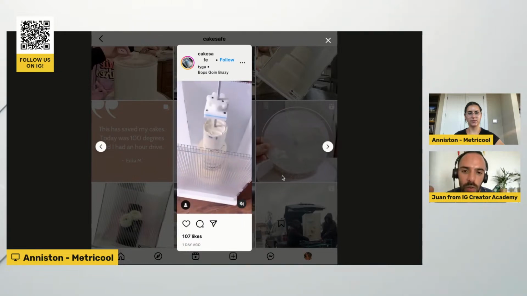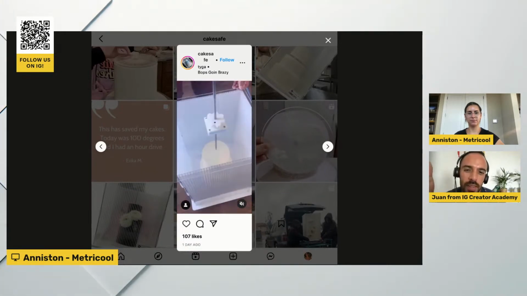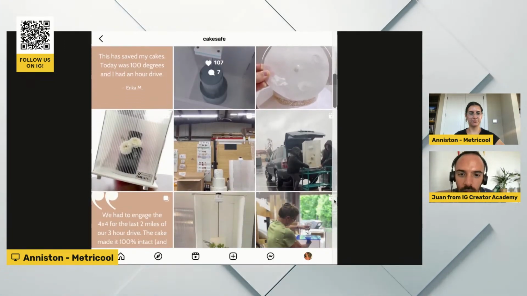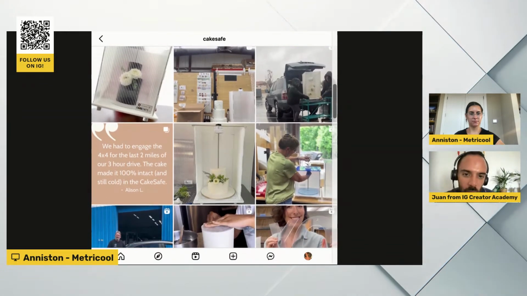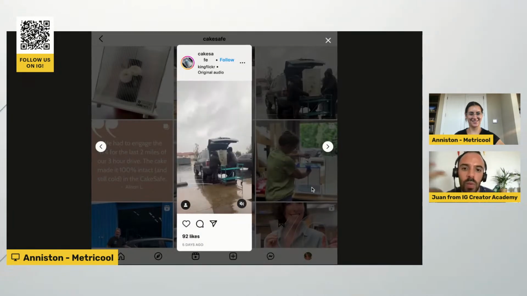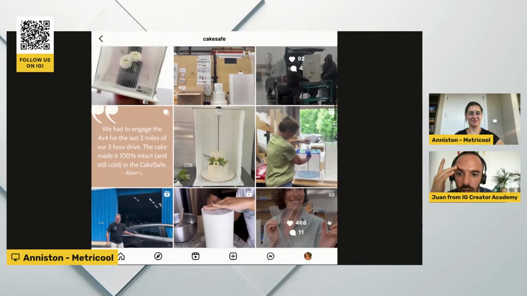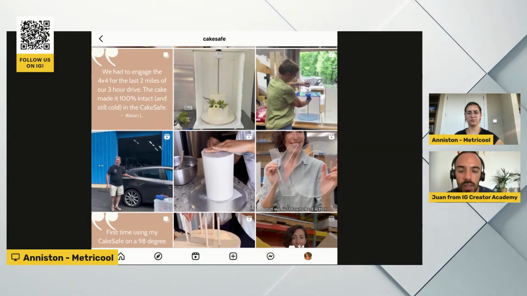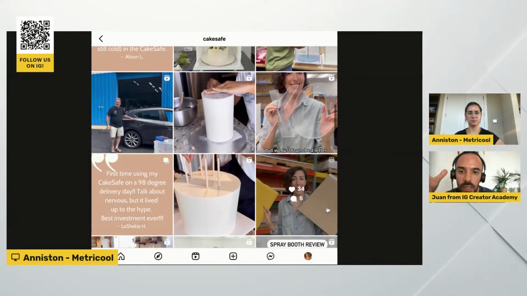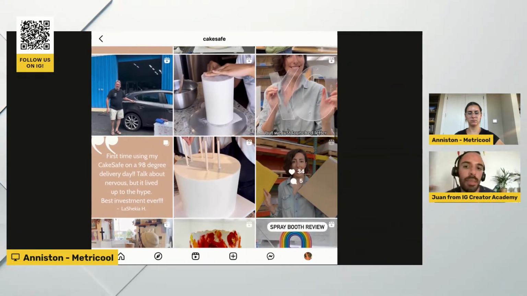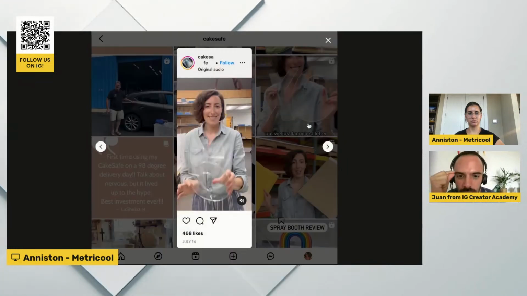There's a lot of behind the scenes content or reels, and for this type of industry, I think they work really well. I like that one over there where they're putting the cake into the car, so it shows them getting the work done and taking care of it. Here, for example, they're using the same style for their testimonials, and it's perfect for them. It doesn't look messy if you use different templates for your written content.